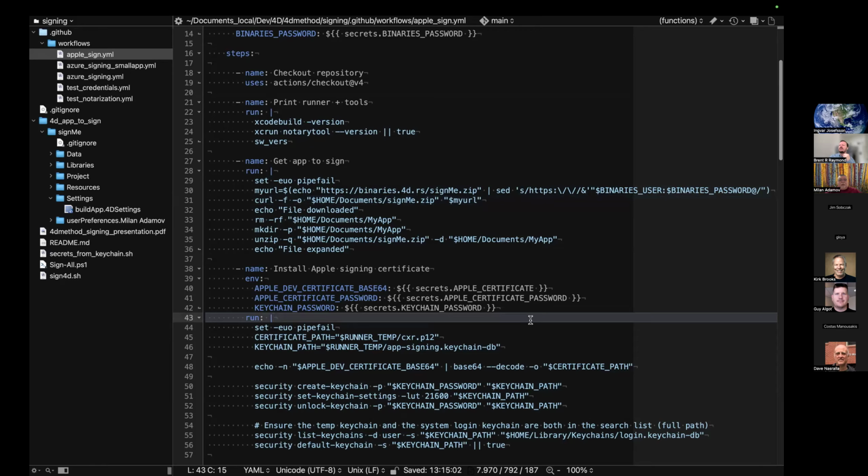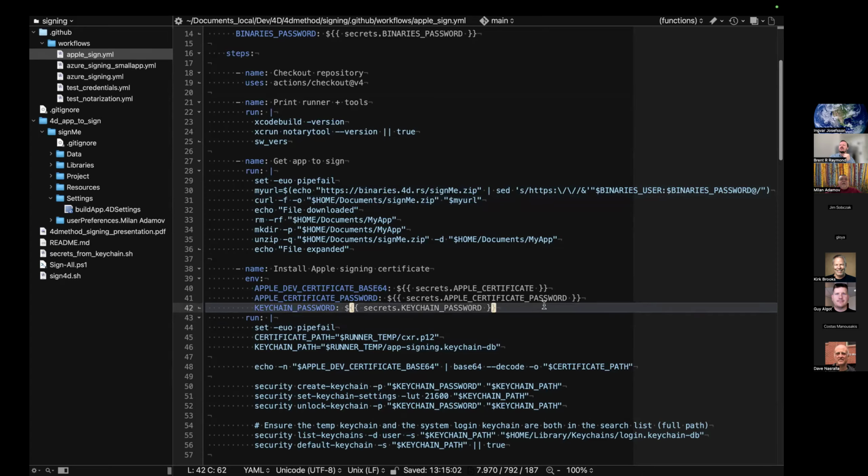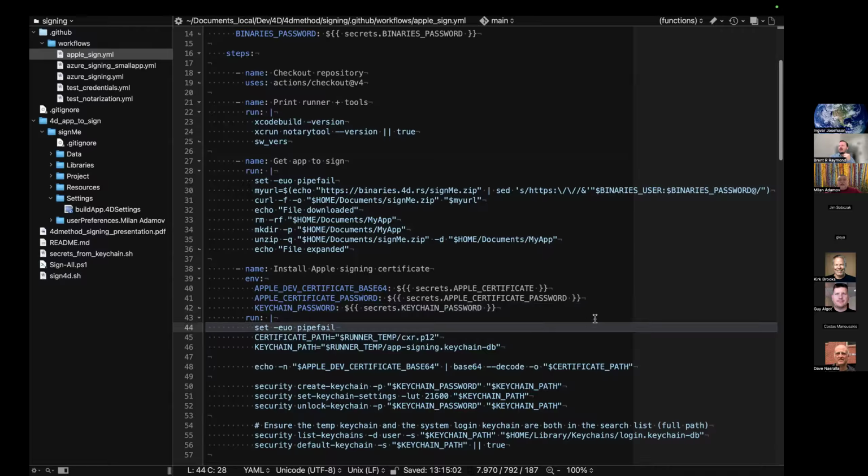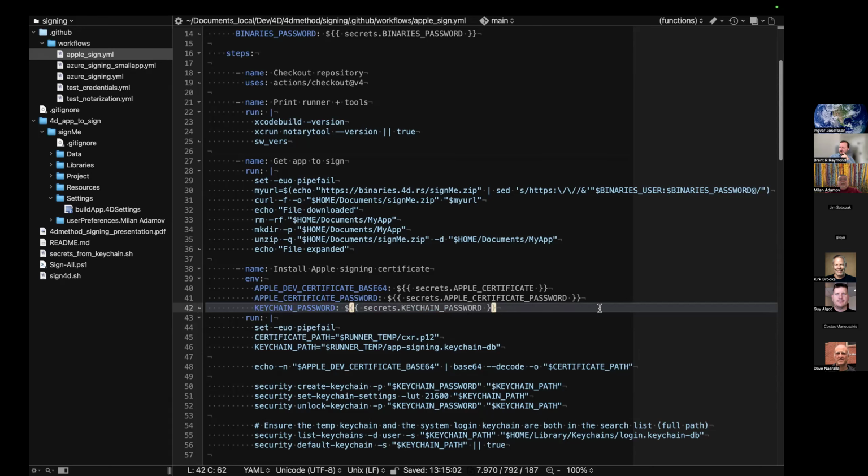GitHub is very careful, and I never found that it would accidentally print. If you echo or print to file or whatever you do with those secrets, it will always be the asterisks. You will never see what is actually in there. So in order to hide it, that's why you use secrets.